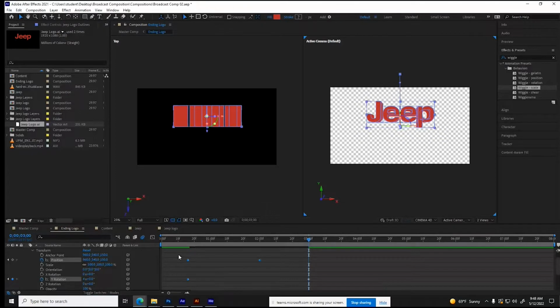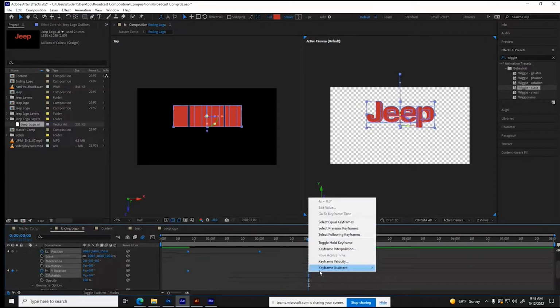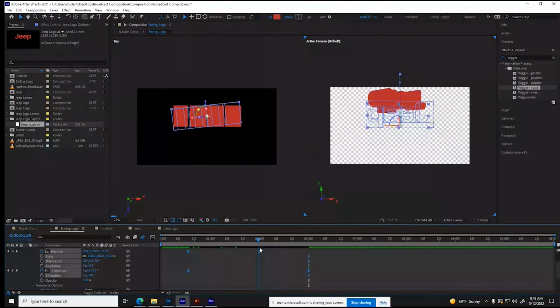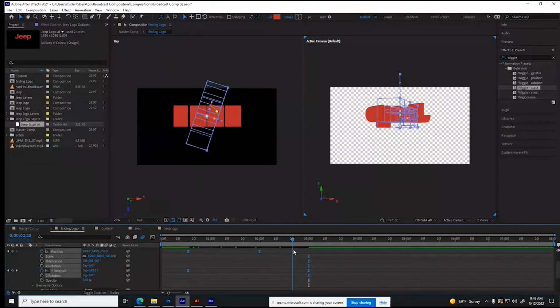So all those keys there to get the ease, right-click, keyframe assist, ease. So it can ease in, ease out, the speed and the timing. You see it's going to come down, stop where it wants to, and do basically 1.5 more full rotations until it stops. We'll have it sit there, have somebody read that logo for a second or two,